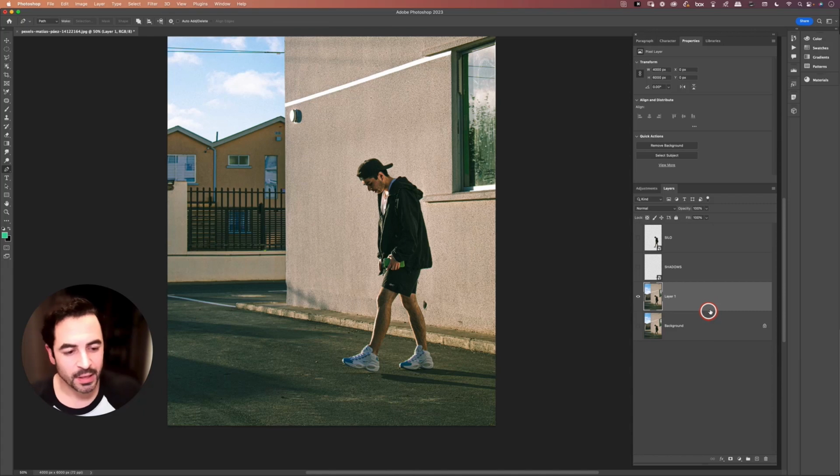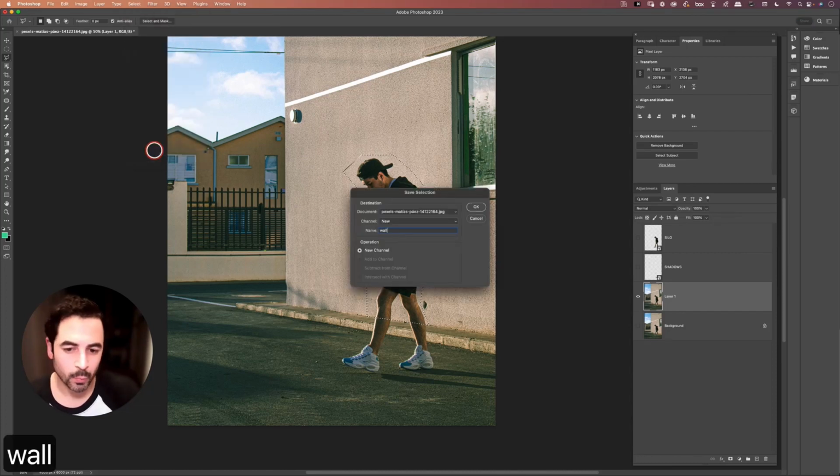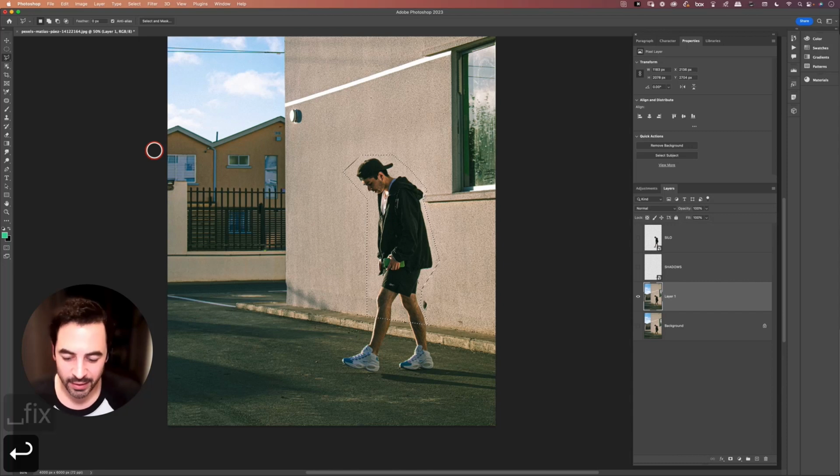So what I'd like to do now is try and separate things a bit more. So with our silo layer and our shadows turned off, I'm basically going to create a selection again around the guy here. Okay, and if you've seen my old tutorial on removing reflections in Photoshop, I'm using a very similar technique here. All right, so I'm going to use the lasso tool, create a selection, go to the Select menu and choose Save Selection. I'll call this Wall Fix, save it,